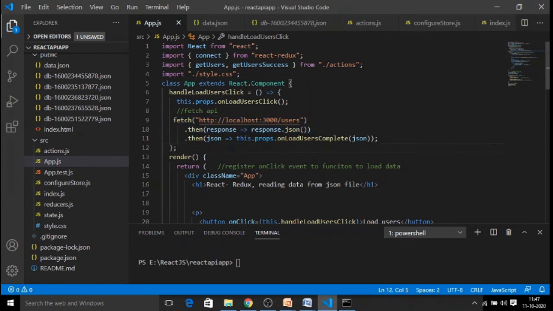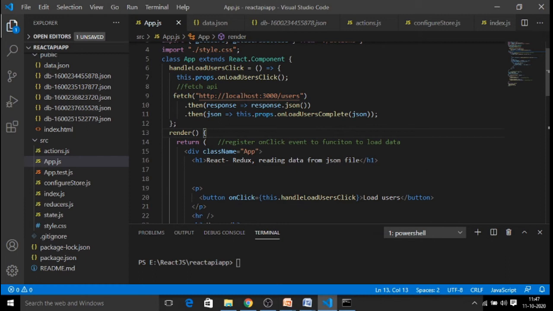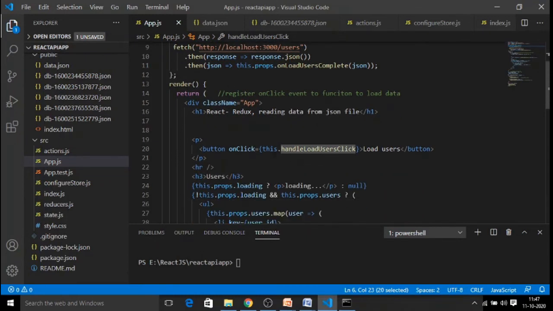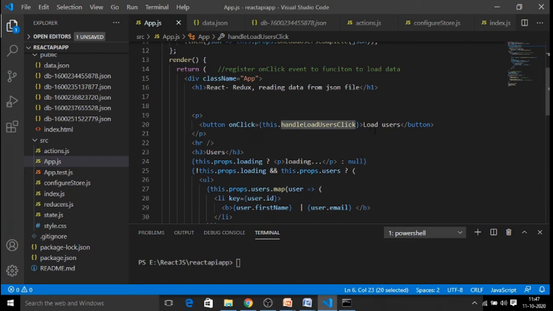As soon as this is completed, you are going to have the data loaded, but that data will not be loaded unless you perform an action, because we created an on click event here. Whenever we call this, we are going to invoke the function called handle load users click. This is how the function is triggered, and only then is the data loaded. It is not like an onload operation. Unless we click the button, it will not load the user details. That is about your app component. This is going to perform a simple form creation where you will have a button. Once the button is clicked, your data is loaded.